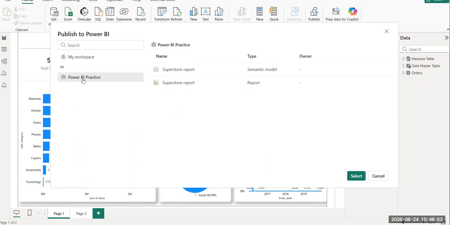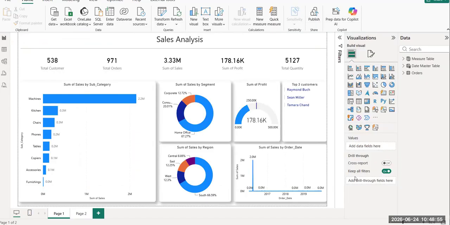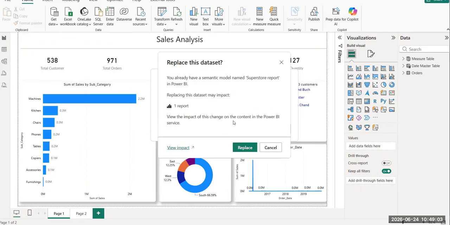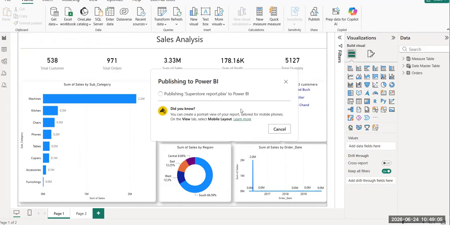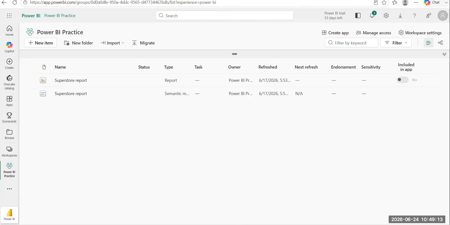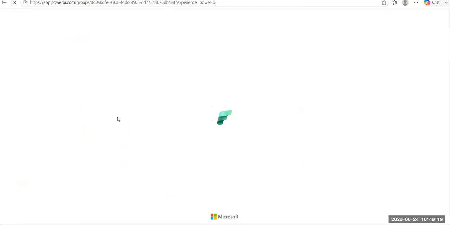I have this workspace, Power BI practice, so I'm publishing there. Now if we go to the workspace,